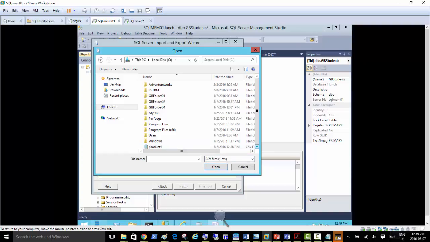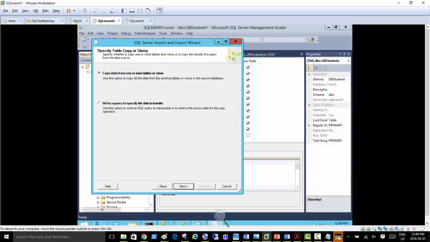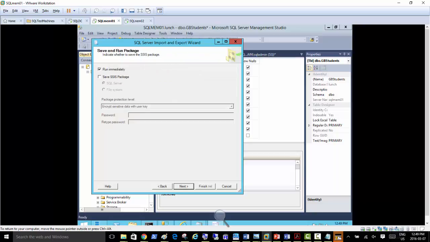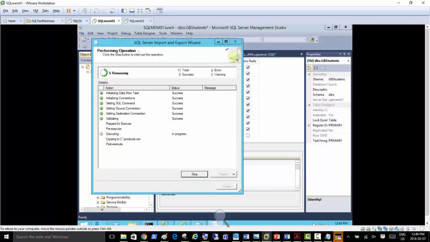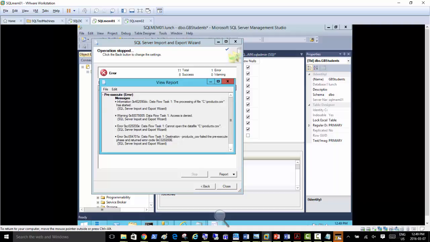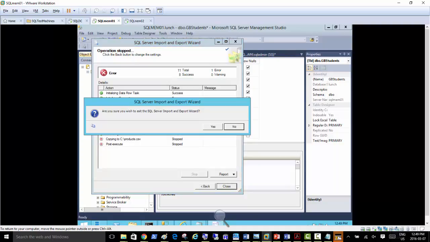Oh, there you go, the TXT file, the CSV file is there. Well, some success, not all. Some of the data was not able to be imported, access denied, but this is the graphical way of importing.